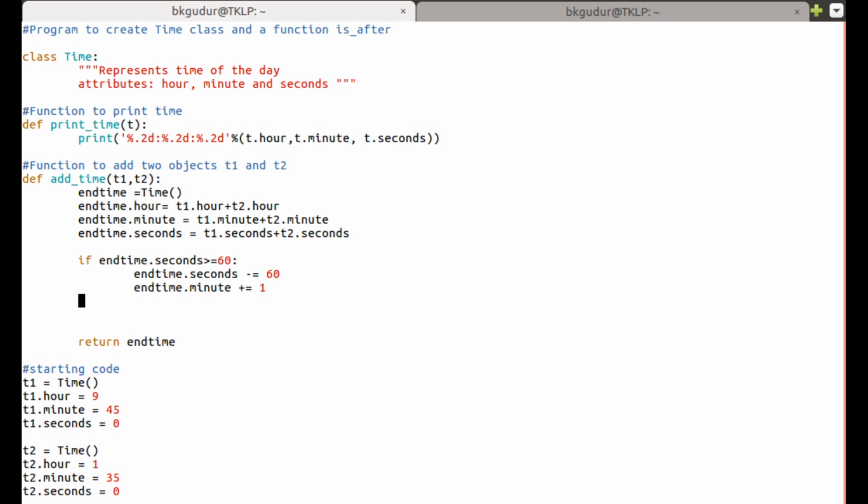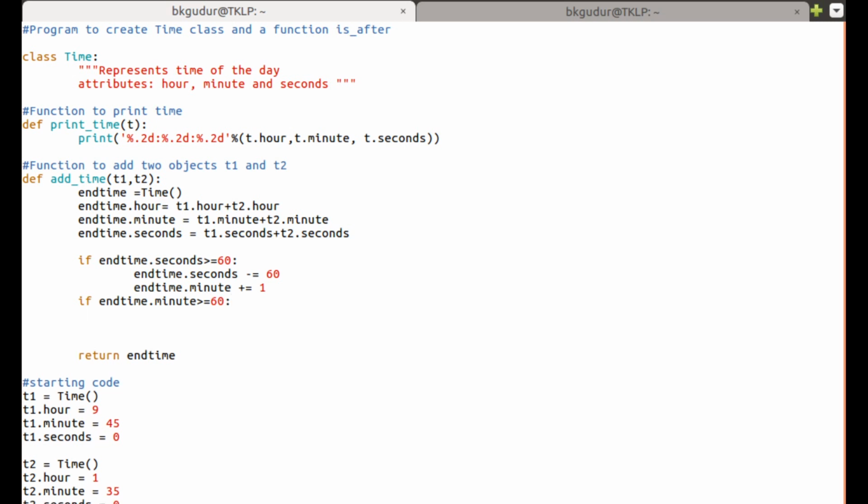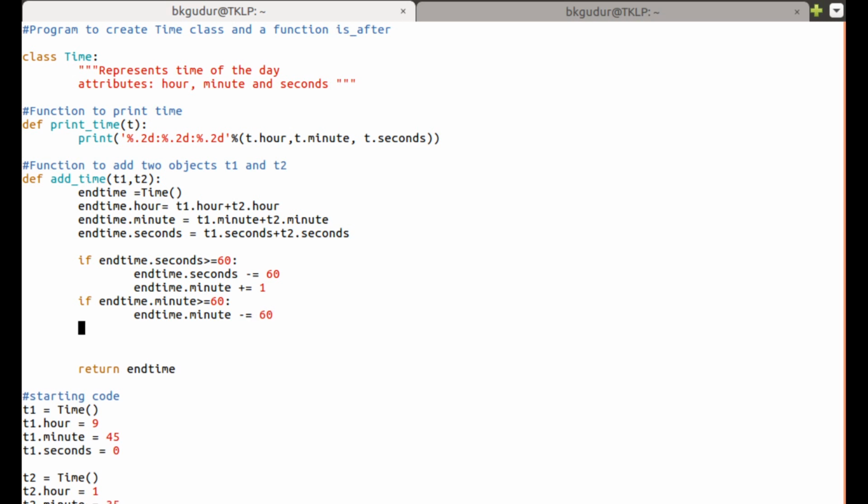After adding this, if end time dot minute is greater than or equal to 60, then from the minute we are going to subtract 60, minus equal to 60, and to end time dot hour we are going to add 1 hour.